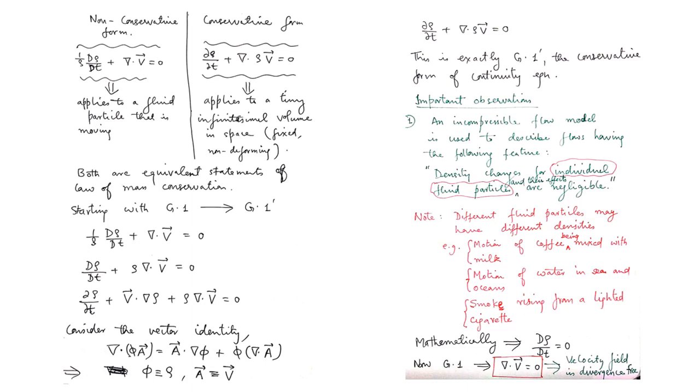Okay, and it is applied in some sort of a differential sense. Okay, in one case it's a smallest entity, which is a fluid particle, non-conservative form, and in the other extreme case we have a tiny infinitesimal volume which is fixed and non-deforming in space. So since the approach is slightly different, that's why the terms rearrange themselves accordingly, and the equations are equivalent, they are the same, but since the nature in which the terms combine is different, they give a different look.